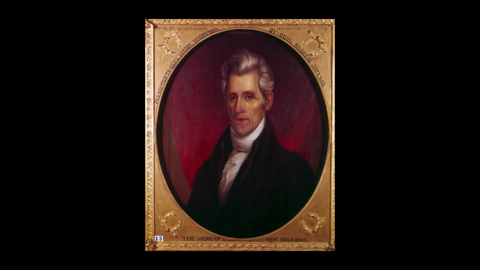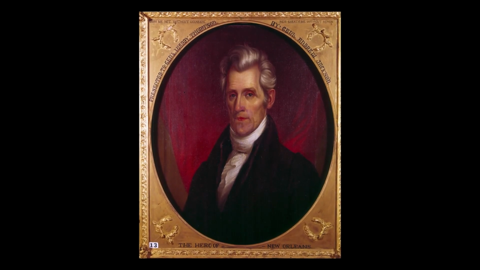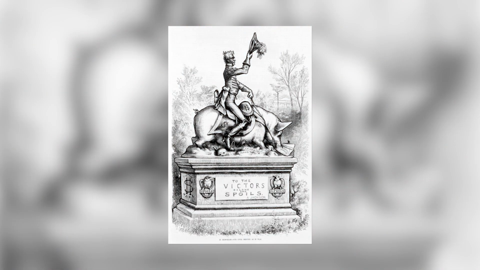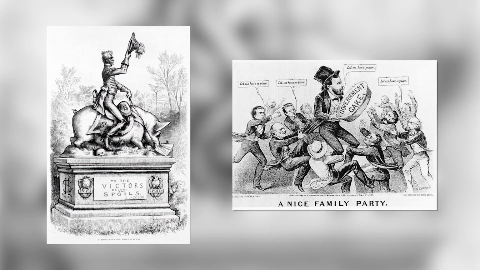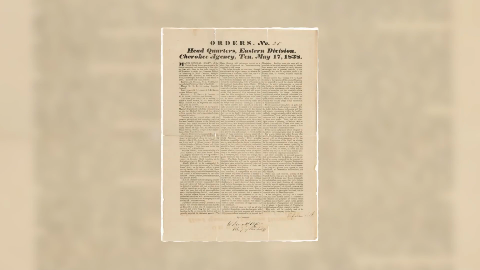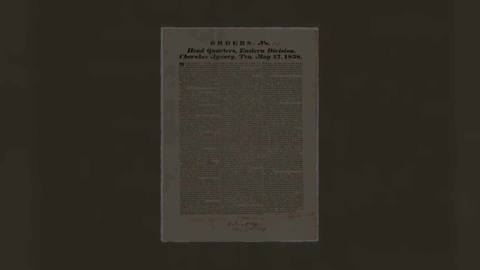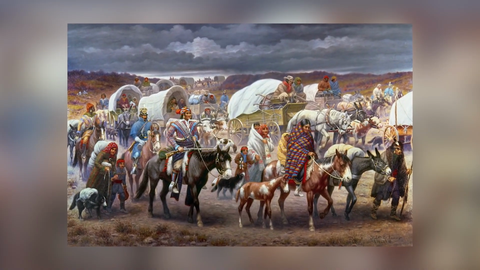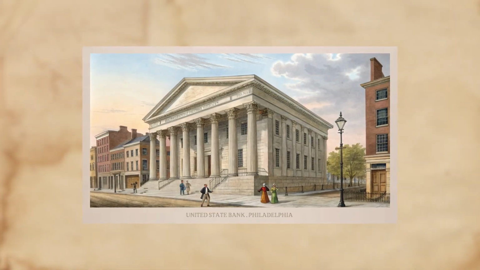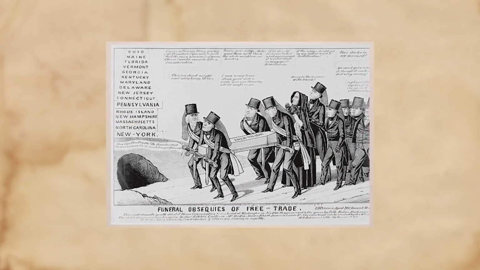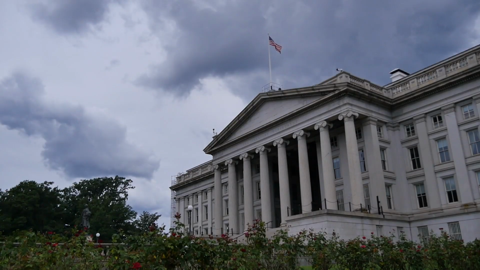The Jacksonian period transformed American politics. Jackson implemented the controversial spoils system, appointing loyal supporters to government positions. His presidency saw the forced relocation of Native Americans through the Indian Removal Act of 1830, leading to the tragic Trail of Tears. The period also witnessed the Bank War and the Nullification Crisis, events that would shape American democracy